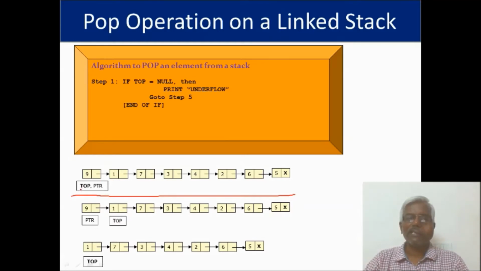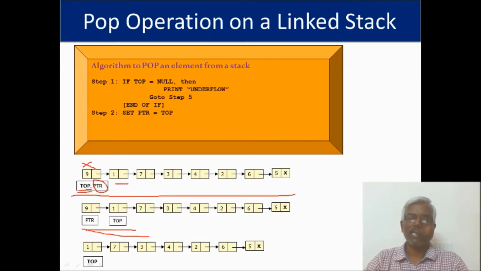Initially the first element is pointed to by top. So I am going to use a new variable called pointer which is pointing to the first node. What statement can we write? Pointer is equal to top. Now if I want to delete this node which is pointed to by top, then the second node is going to act as the top, because this one is going to be deleted. If I delete this, automatically the next one is going to be top. So top is equal to top of next.